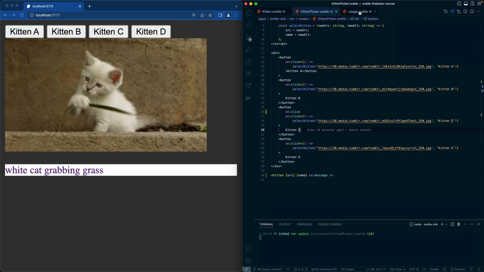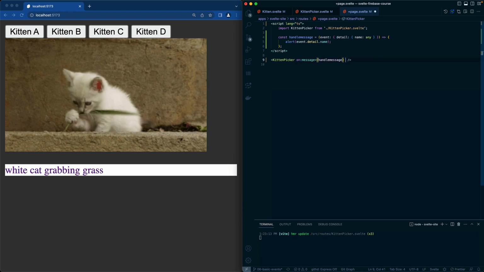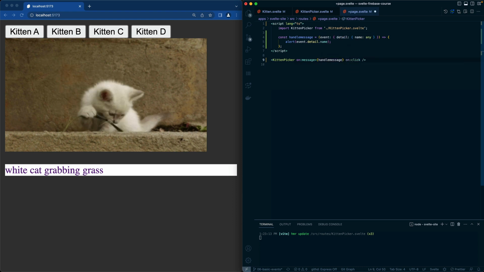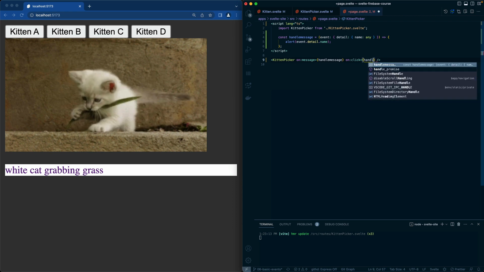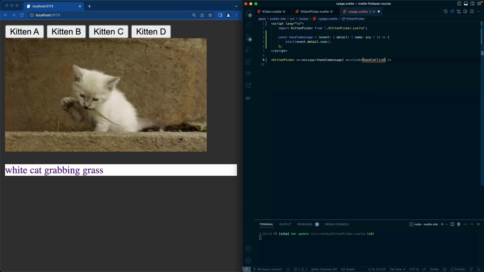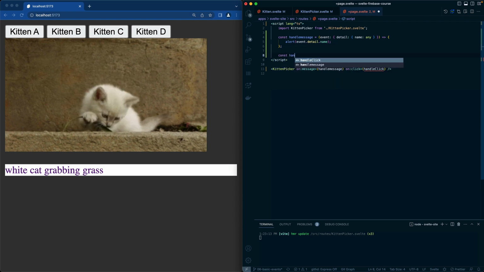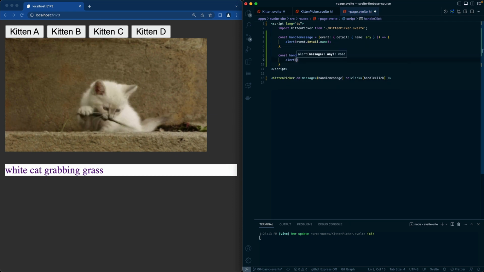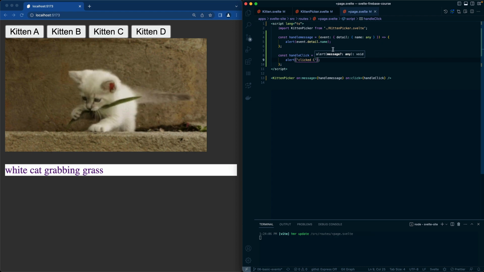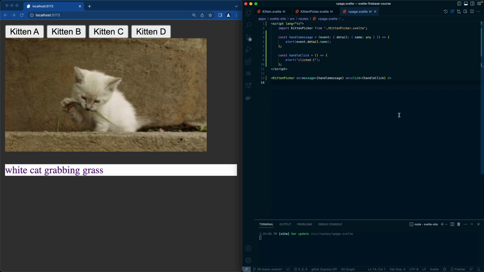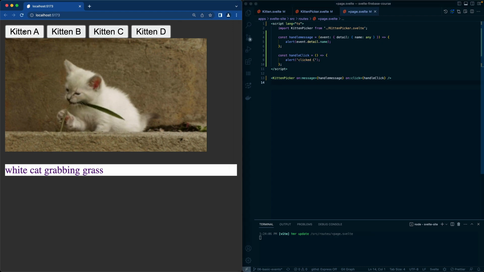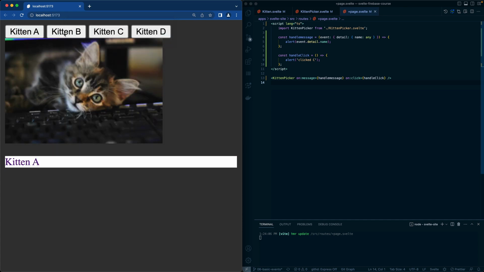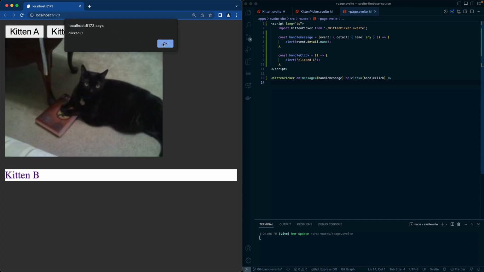We'll go up to the top level once again. And we have an onClick. And it's recognizing that we can handle that. So then we have handle click. Create a new function, const handle click. I'm just going to call this handled click with clicked C. So let's go ahead and do this again. We get our kitten A, we get our kitten B, we get kitten C, and it says clicked C